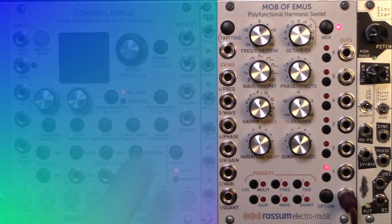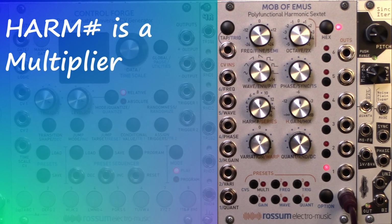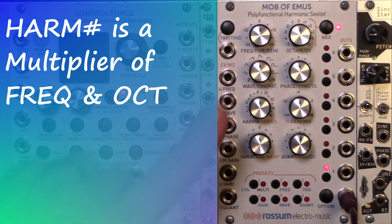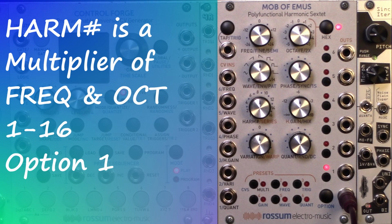Next is the harmonic number. Now we get some more of the complex side, and you might think of this as the next stage or offset in tuning your oscillator, setting the harmonic series in relation to the fundamental that is set with the initial frequency and octave parameters, as there are several places that affect the overall tuning and frequency range that you can achieve. Here we set a frequency multiplier of 1 to 16,